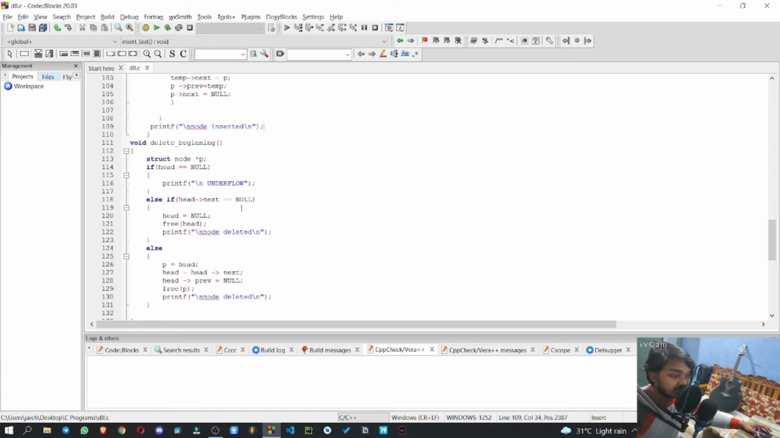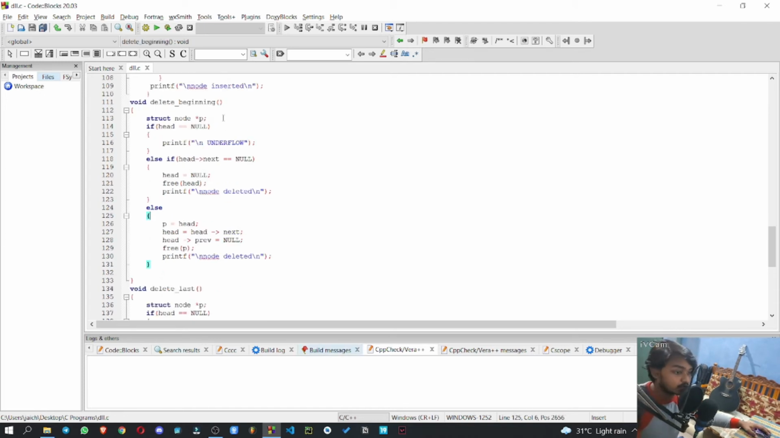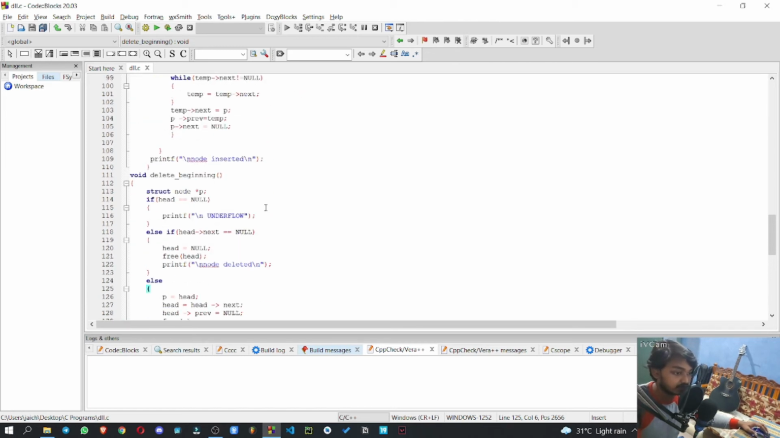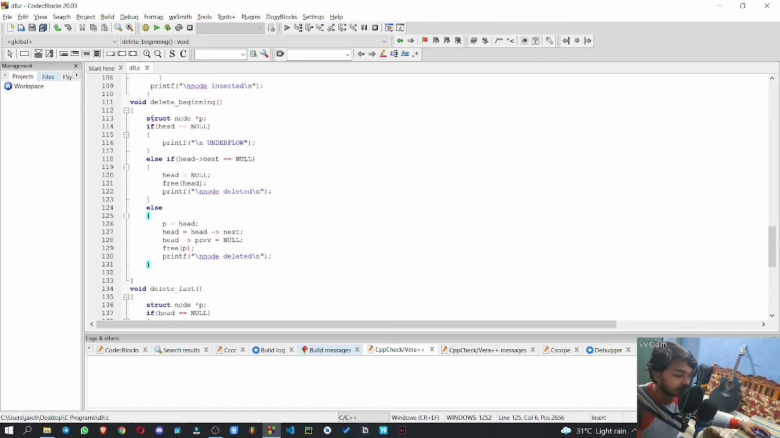Now we have the delete beginning and delete at the last. Next let's have a look at the delete beginning and the delete last functions, and finally we'll have a look at the display function. So basically in the delete beginning function, we declare a pointer of the type struct node,